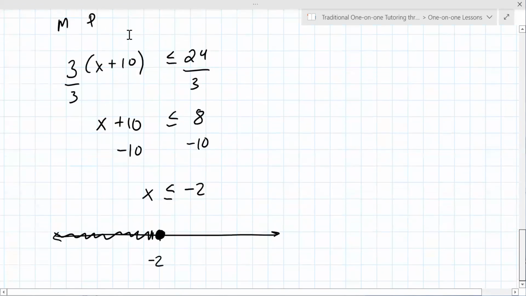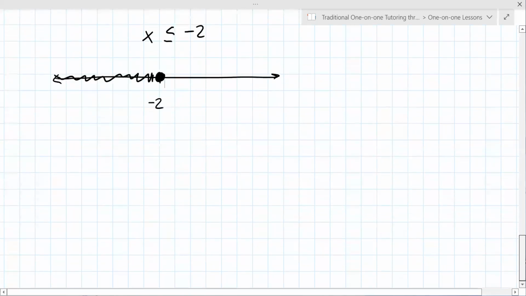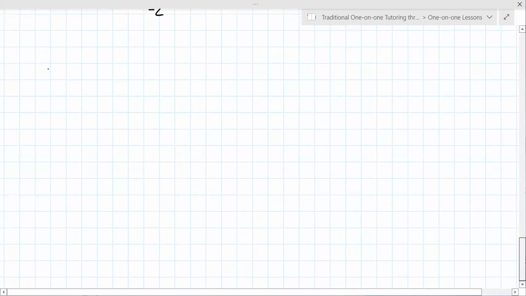Any questions on what we've done for the first 2 problems? No, I don't think so. Okay. All right. Now there's a really important rule when you're working on these, and I'm going to write it out here. If you multiply or divide by a negative,